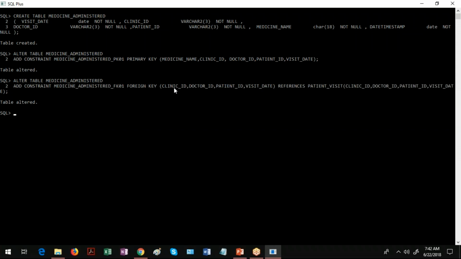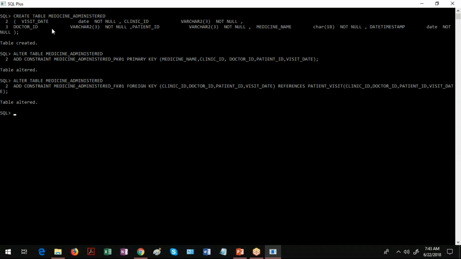Now we are including 4 columns here, clinic ID, doctor ID, patient ID and visit date. You can see these 4 columns in this table, medicine administered, visit date, doctor ID, patient ID and as well as clinic ID. So all of these and as well as the visit date.